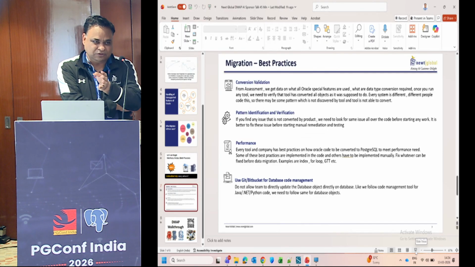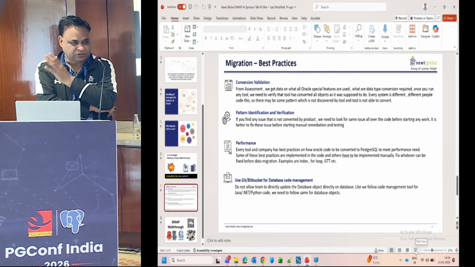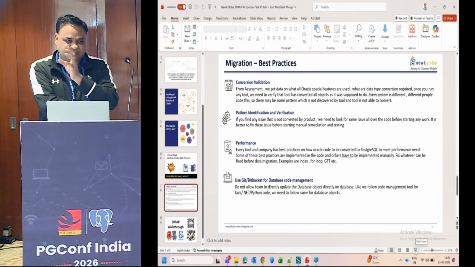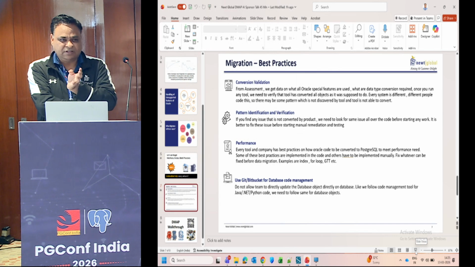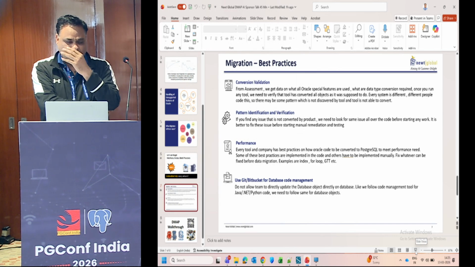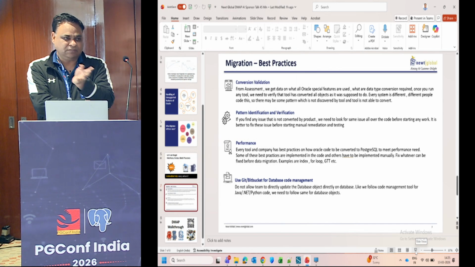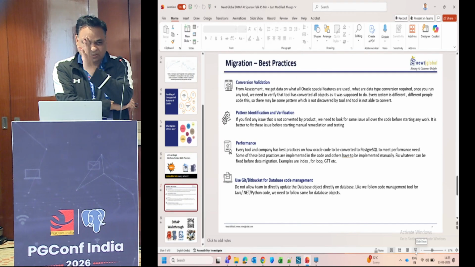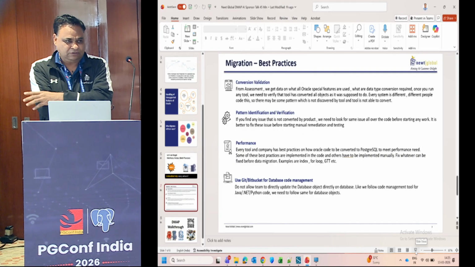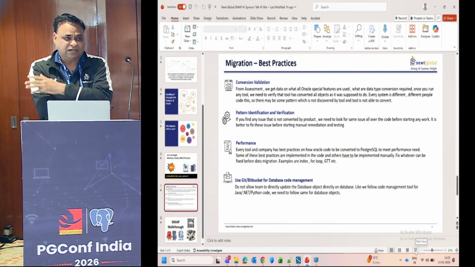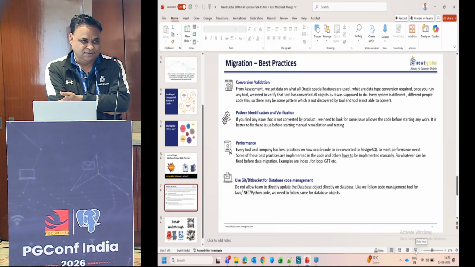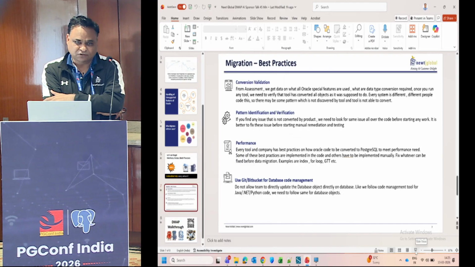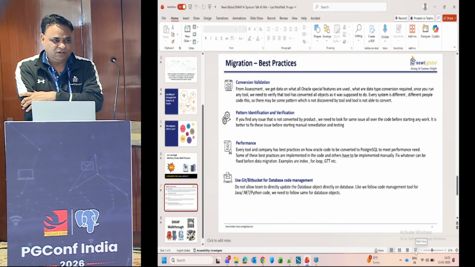What we have learned across 50-plus migrations that we have done in the last 2-3 years is that you still have to go through the special objects that we talk about, associative arrays, and wherever there is a data diff comparison, for example, globals that are there in one system but not in the other. You still have to go through your code and find out the instances where special objects or special data types were there, and whether they have actually been converted or not. If you just rely on the tool, there is a risk that at a later stage, when you start doing unit testing or system testing, there will be so many challenges.